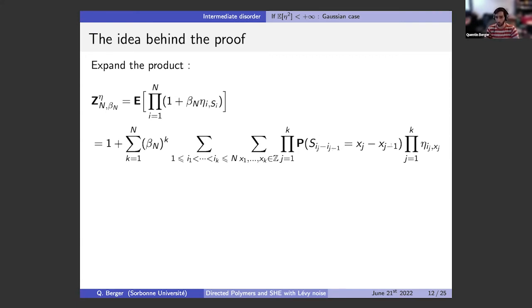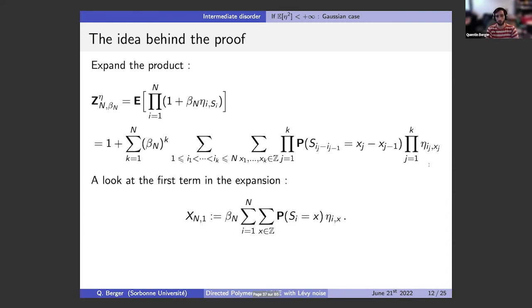Here you have the transition kernel for the random walk, and here you have the product of the random variables. So you show that each term converges, and to see where beta n equals n to the minus 1/4 comes from, let's look at the first term, k equals 1, which is this one,